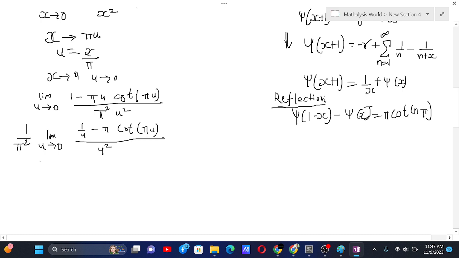And now we can change this by this formula. We get 1 by pi square. This one is u only, not u square. So we have limit u tends to 0, 1 by u, and then 1 by u minus